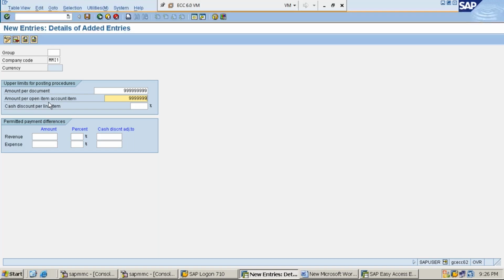What is open item? This is not the right time to explain; I'll explain open item in vendor management and customer management. So give amount per document, give amount per open item, account item, click on Save,